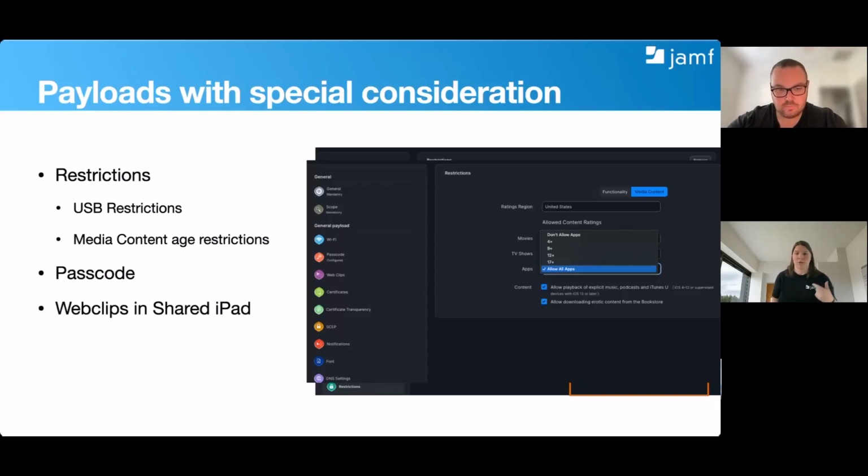So it will be asking you and prompting you to set a passcode on that iPad as soon as it gets through Setup Assistant and arrives at the home screen. So as soon as that configuration profile has been deployed down onto the device, you're going to get a "please set a passcode" prompt. You can consider using the grace period,